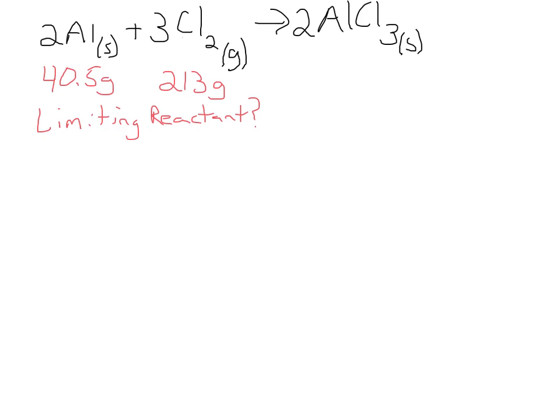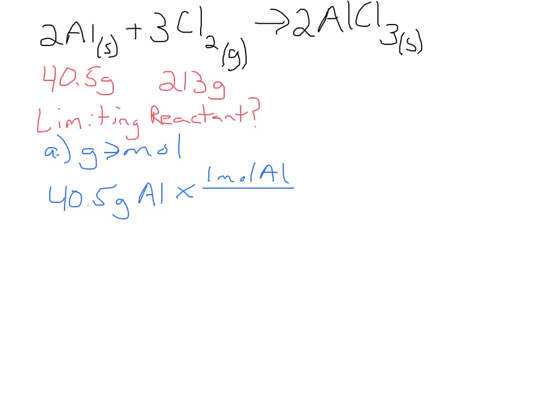So the first thing we need to do, as in a lot of these problems, is convert grams to moles. We need to know how much we're starting with. How much are we provided in moles? So we can set this up and take the 40.5 grams of aluminum and convert that to moles. We know in 1 mole of aluminum we can get the molar mass from the periodic table, which is 26.98 grams of aluminum. So grams of aluminum cancel, you're left with moles, and we find that we have 1.50 moles